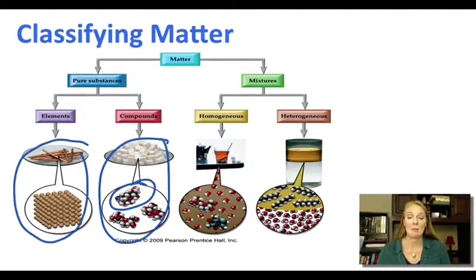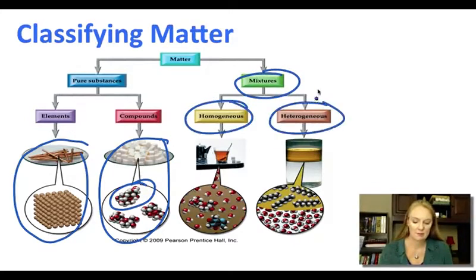Other types of matter are mixtures of two or more substances. Mixtures can be further classified as either homogeneous or heterogeneous. Let's take a look at the homogeneous mixture. In that particular example, which is a cup of tea where all of the sugar has been dissolved, any sample that you took from the container, in other words, if you took your spoon and scooped out some tea, since there's no tea leaves at the bottom and there's no undissolved sugar,